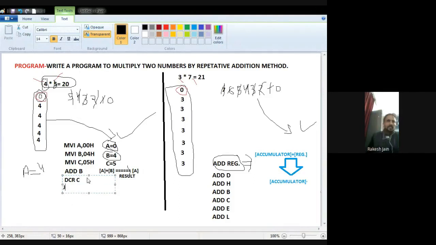So the instruction I have to write for this command is JNZ. The meaning of this instruction, along with DCR C, is: decrement the register C by 1. Now the meaning of the instruction JNZ is jump if not 0. So decrement the register C by 1, and if it is not 0, jump to this location. What is the location? You can choose any location. It means you can choose any address.